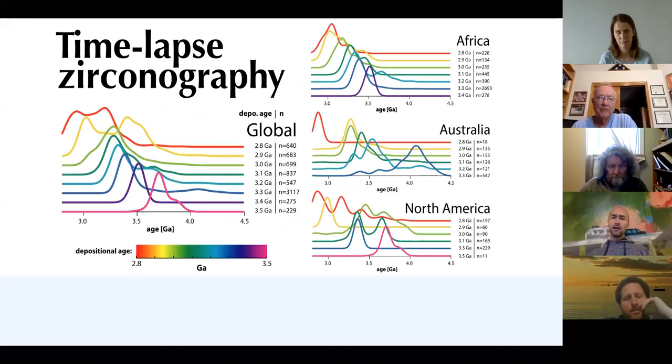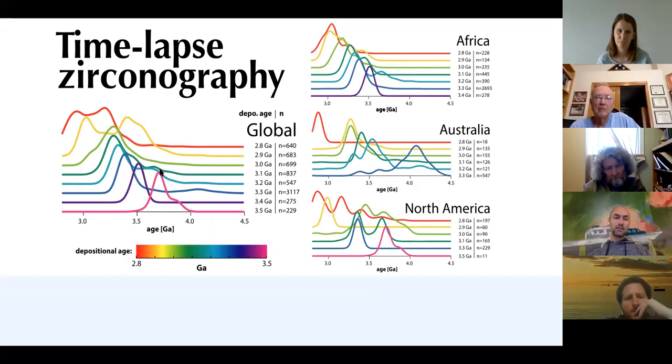So then doing time-lapse zirconography on this larger data set at 100 million year bin sizes. So we've got the global data sets at rocks that were deposited between 3.5 to 3.4 billion years. It's not a lot of them, right? There's 229 zircons. It has an age peak centered at about 3.7. And then as we stepped to the next geon, the next 100 million years, 3.4 to 3.3 here in purple,